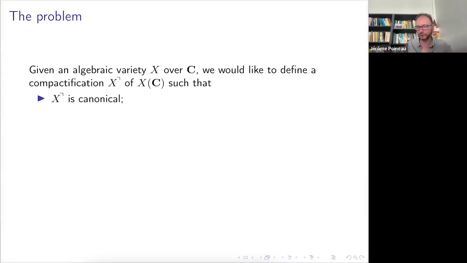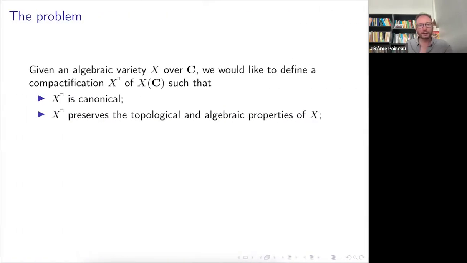First, maybe it's canonical: if you give me X, I give you a compactification, with no additional choices involved. And I would like the compactification to preserve the properties of X, the topological properties, the algebraic properties. And maybe also, in many cases, it's usual to want to preserve moduli interpretations. Like if X is a moduli space of something, a moduli space of curves, of abelian varieties, of whatever, you would like the compactification to still be a moduli space of some objects related to the former.